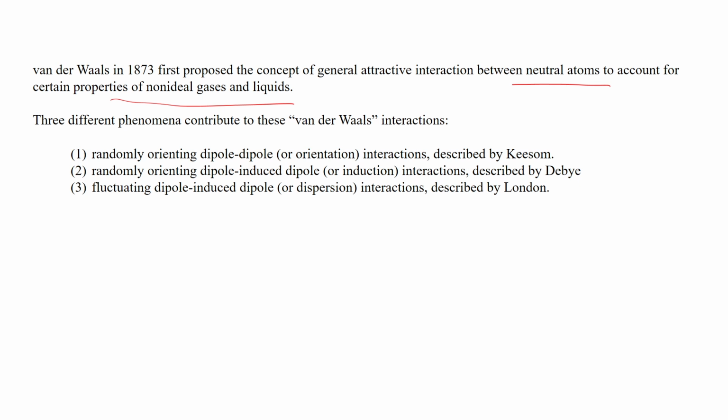The ideal comes from the ideal gas, and when there is non-ideality, the ideal gas law fails, and there van der Waals proposed that there is some general attractiveness, and then there are different phenomena which contribute to these van der Waals interactions. That is what we would like to talk about. There are three kinds of interactions: one is called dipole-dipole, another is dipole-induced dipole, and another is fluctuating dipole-induced dipole. We will not go into a whole lot of maths around them, but we will try to understand conceptually what these different types of forces or interactions are,